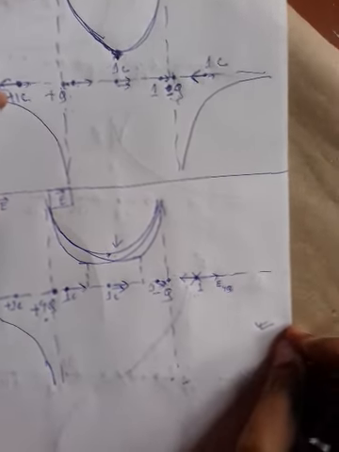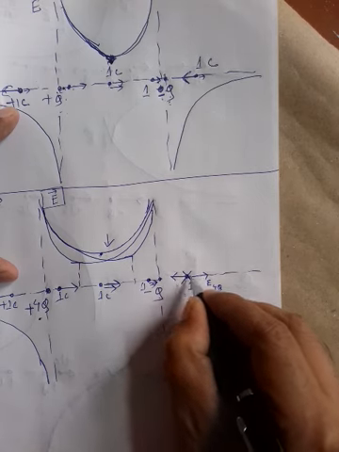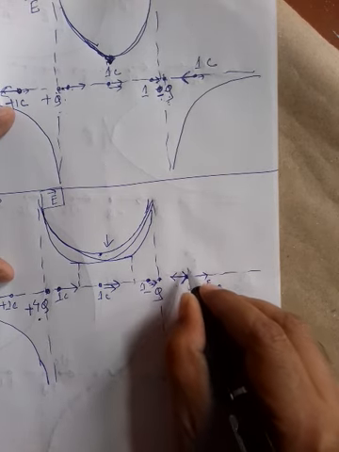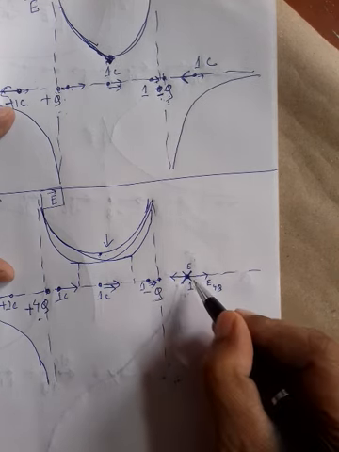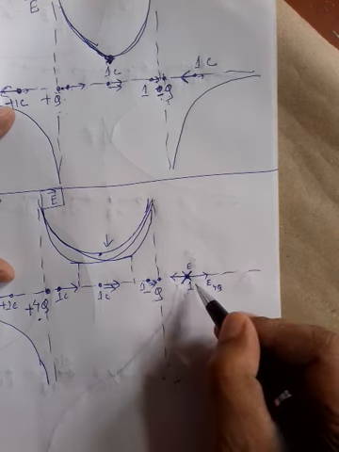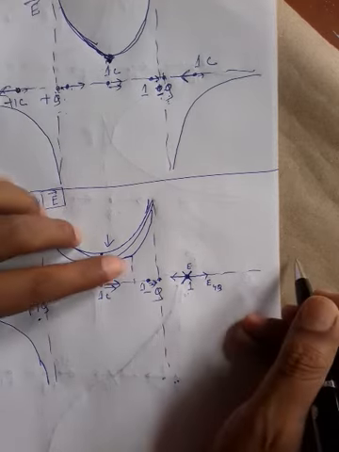Let me show the right side part also, the shape. If you consider a point here, as I discussed, there is a chance of getting zero field, so at this point there is no field. In all my previous questions, zero field was not there at the right side or at the left side. Now at the right side, zero field is present.